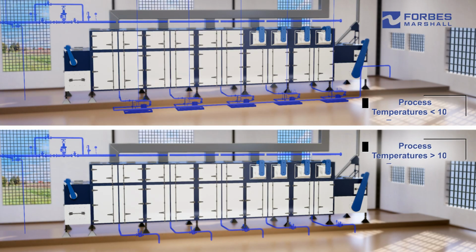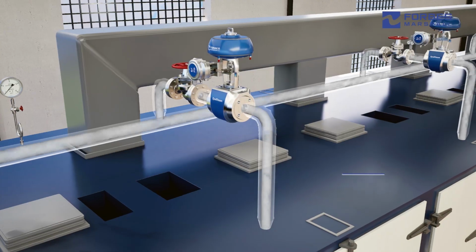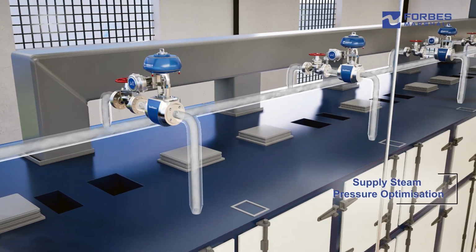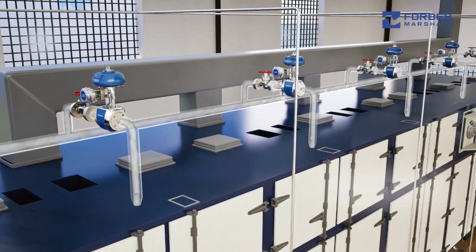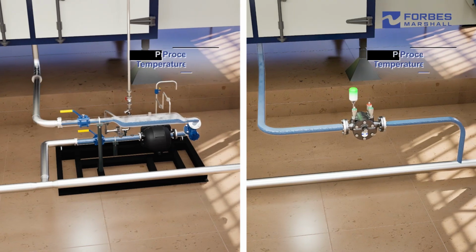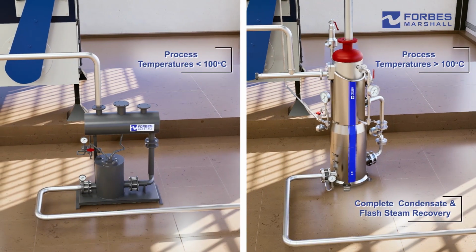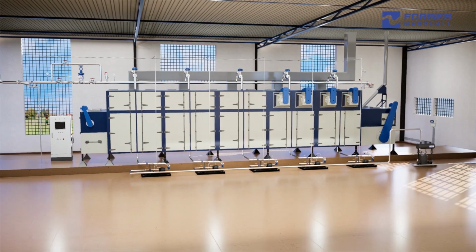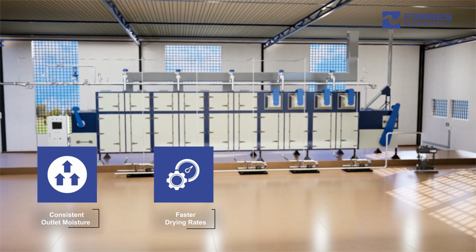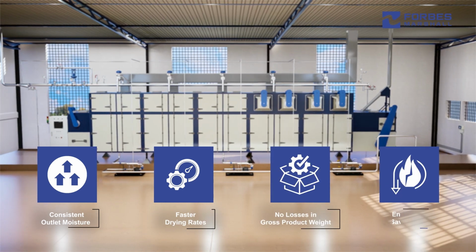The holistic solution from Forbes Marshall encompasses supply steam pressure optimization, automatic control of zone-wise dryer set points based on feedback from the product outlet moisture sensor, effective condensate evacuation, complete condensate and flash steam recovery. Our solution delivers consistent outlet moisture, faster drying rates, no losses in gross product weight, energy savings,